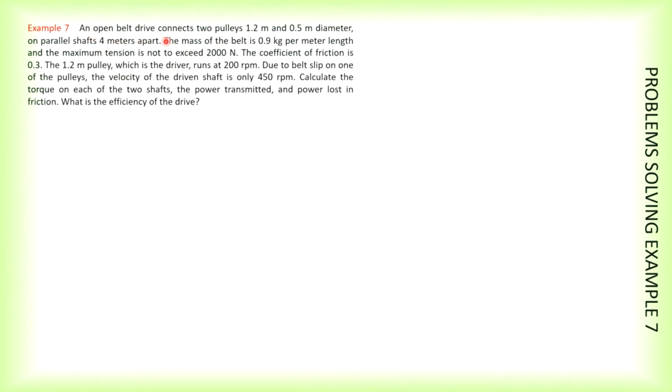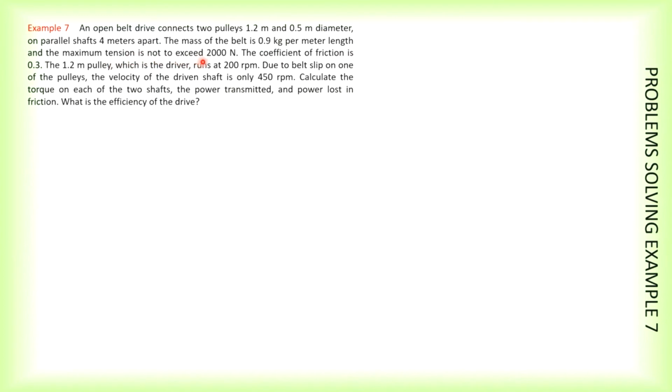Now, an open belt drive connects two pulleys, 1.2 meter and 0.5 meter diameter, on parallel shafts. Okay, so 4 meter apart. The shaft or the pulleys, they are 4 meter apart. Now, the mass of the belt is 0.9 kg per meter length, and the maximum tension is not to exceed